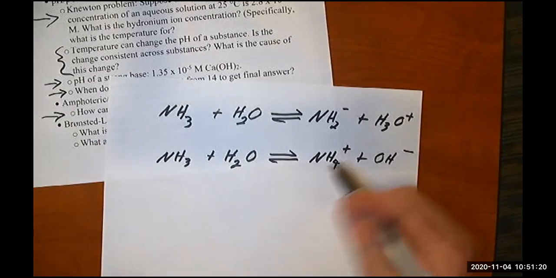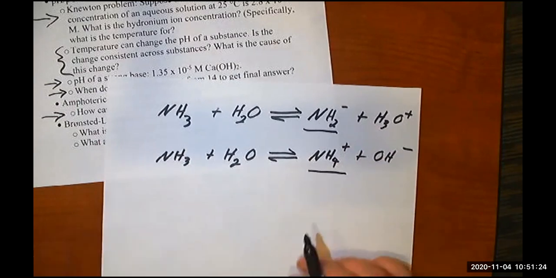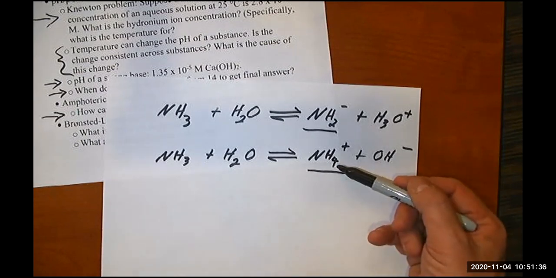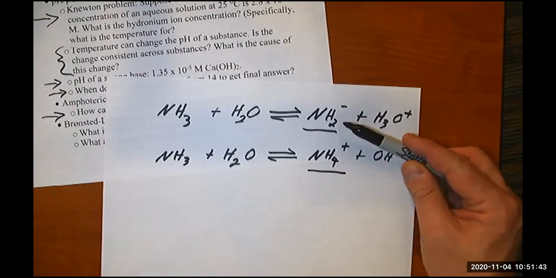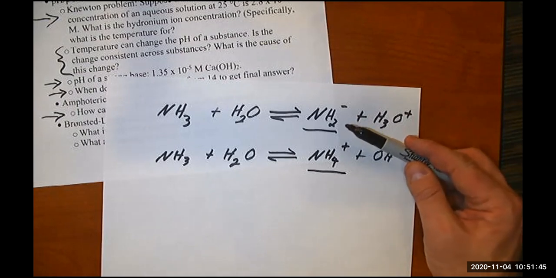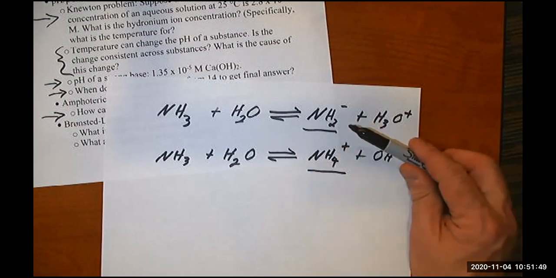And so what you do is you look at these potential products, the NH2 minus and the NH4 plus, and say, is it actually reasonable under some conditions for these things to form? In this particular case, we know that the NH4 plus can form because you have seen the ammonium ion before. This one is a little less clear as to whether it is going to form. It's not generally going to form in water, but there may be some other contexts in which you could have